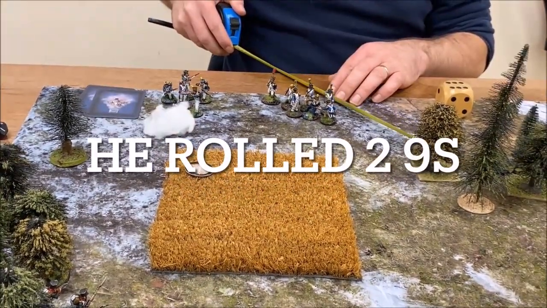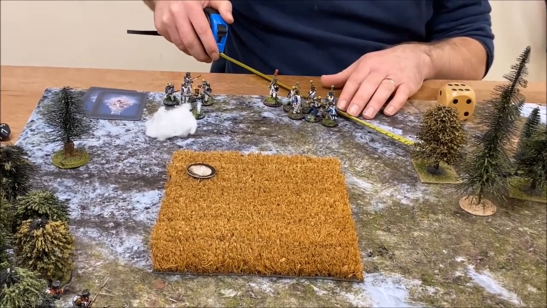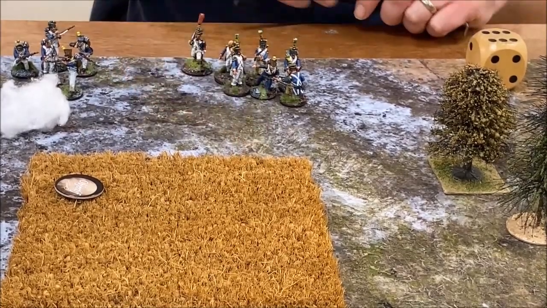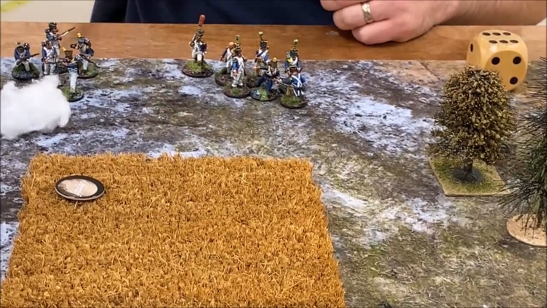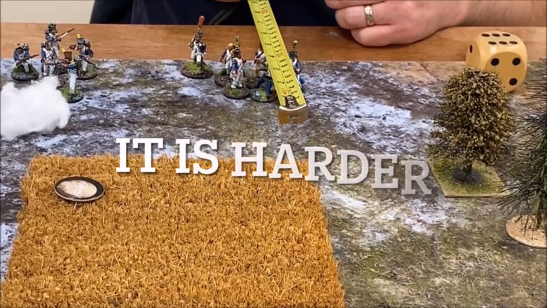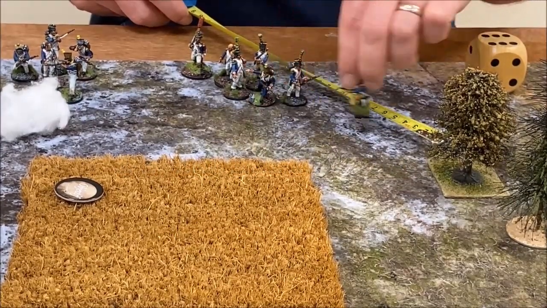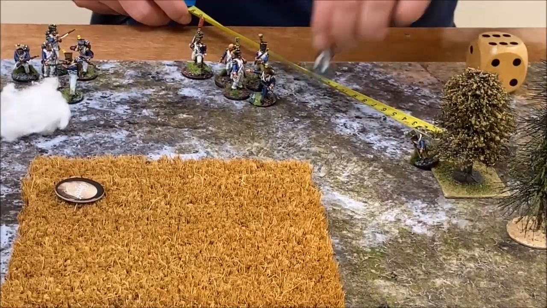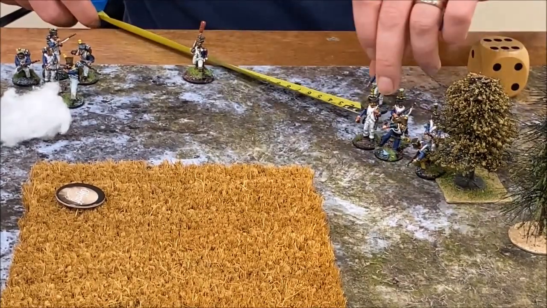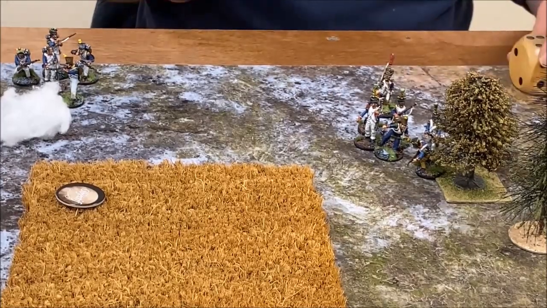Actually, because I'm in extended order as well. Did you roll any 9s? You did, didn't you? It didn't matter because you didn't hit anything anyway. Who did you fire with? Those ones. If you're firing over that, I think it's harder to hit. Per obstacle, yes, -1 shooting across it. So the other thing is, once all movement is finished, any chariots